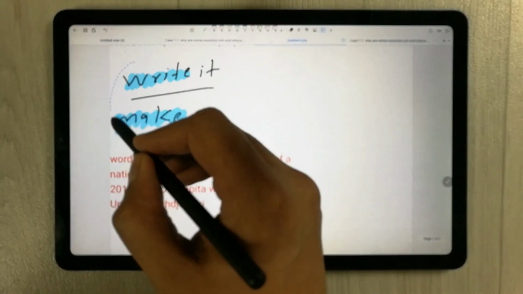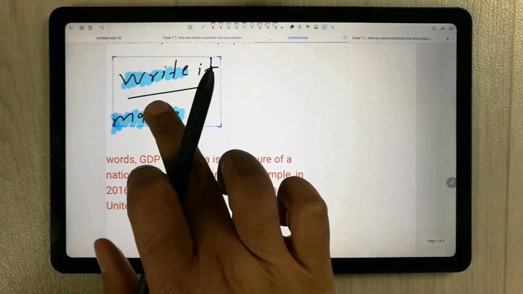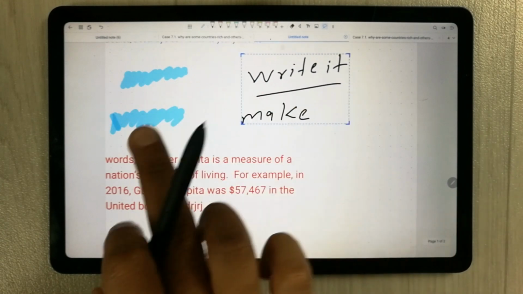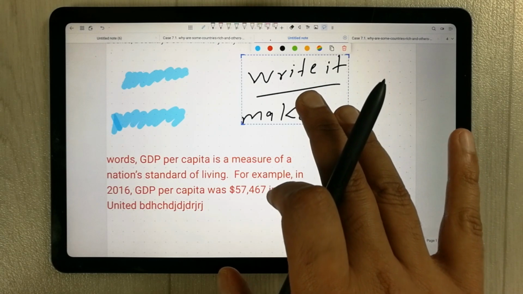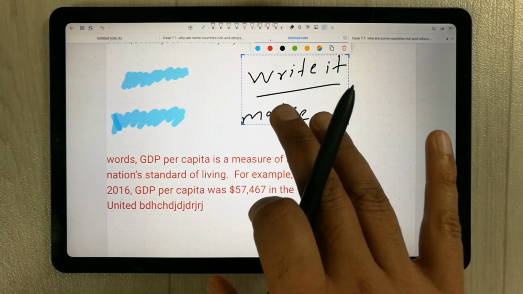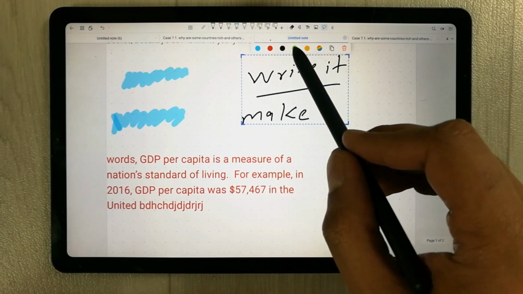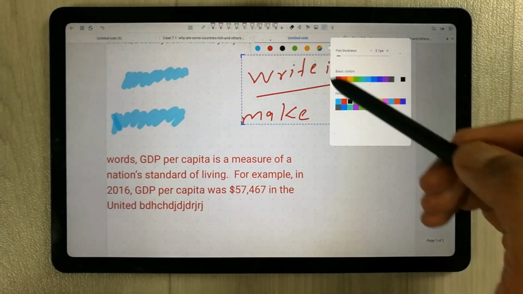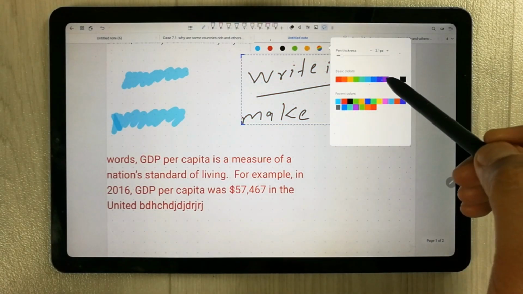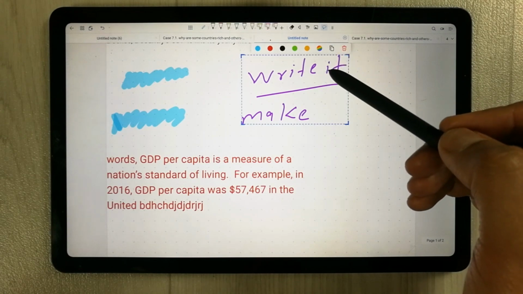Now I highlight it like that. If I want to move it, you can see over here the highlighter remains there because I didn't select it. Only the handwriting has been selected. Now if I want to change the color of this, I can simply change the color. There are more color options over here as well, and I can also copy this one.